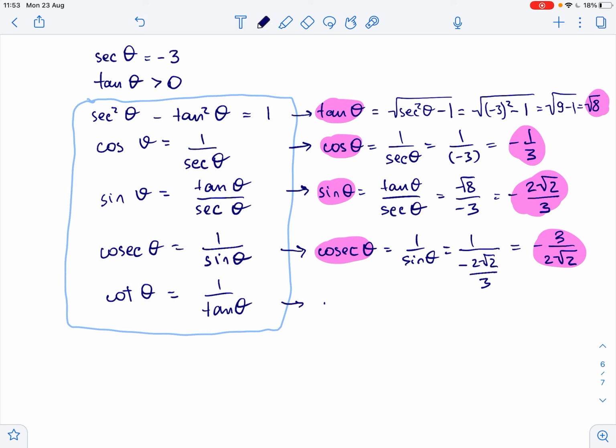And finally, cotangent of theta is 1 over tangent of theta. So this is 1 over square root of 8. We can rewrite this as 1 over 2 times square root of 2. So this is cotangent of theta. As you can see, we have found all trigonometric functions of theta. So we have solved our